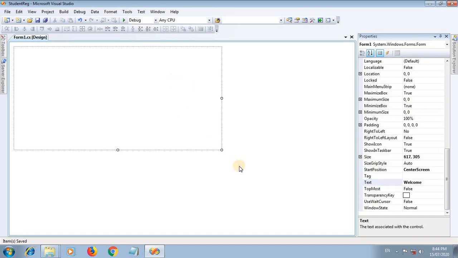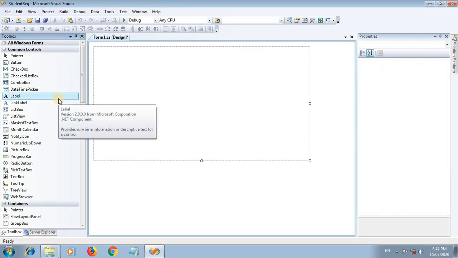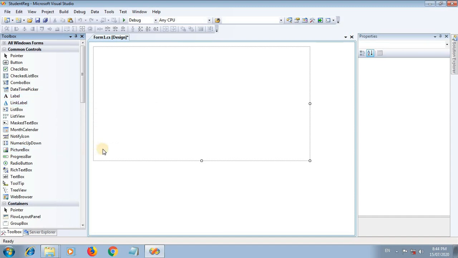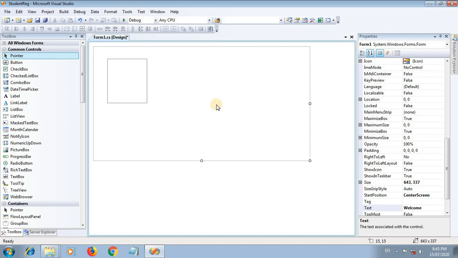Next, from the toolbox we need some pictures, some images for the designing purpose. In the toolbox there is a predefined control called the picture box.